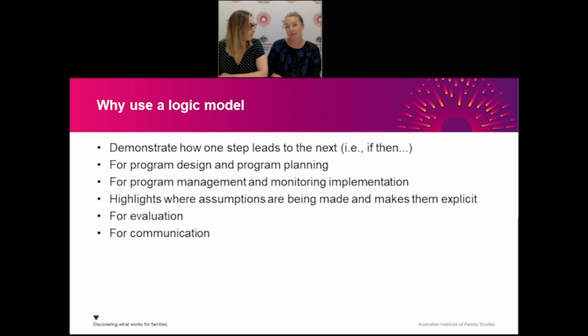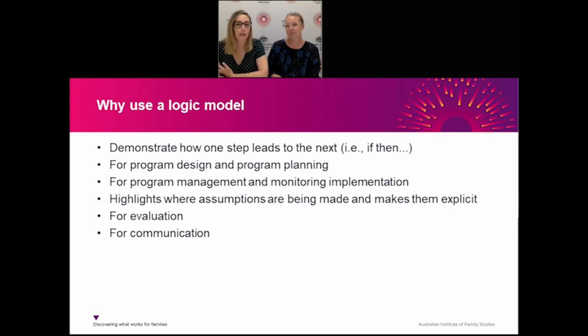Now, I know you're all here because you're required to develop a program logic, but there are some compelling reasons to develop a logic model, aren't there, Kat? Well, yes. I mean, I'm partial to one, so I think that there definitely are. For one, having a good program logic model is a great way of communicating what you do in the program and why you're doing it. And this is especially if you're talking to funders, program partners, and program participants.